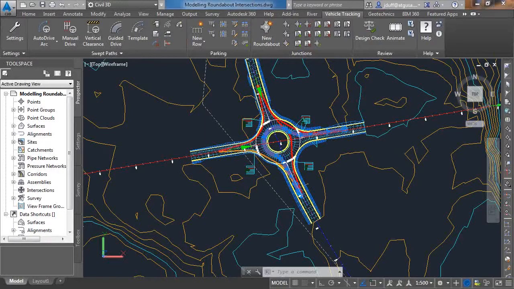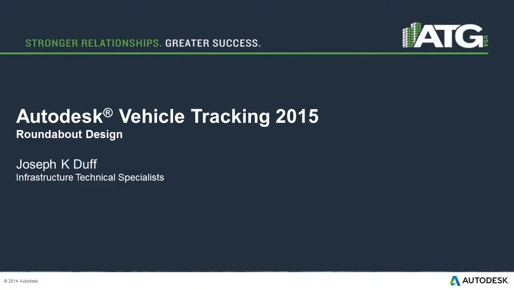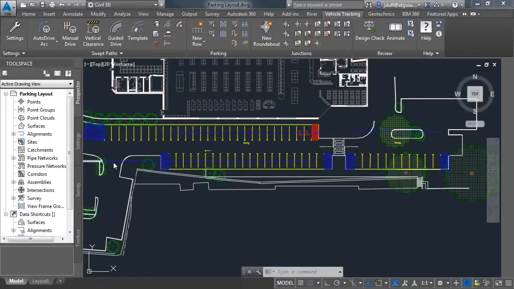Hey, Joe, vehicle tracking just loads within the Civil 3D interface, correct? Yes, it comes loaded in once you get it installed. It adds as a section as part of your ribbon up here at the top, and you've got all your functionality and everything just right there within Civil 3D. Does one have to have Civil 3D in order to use vehicle tracking? Yes,